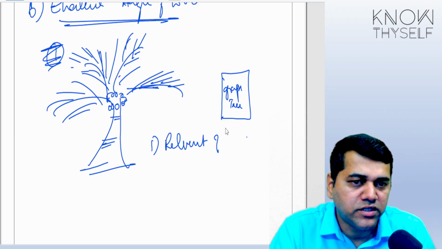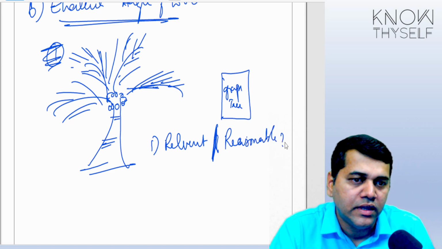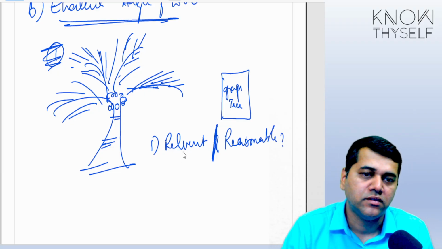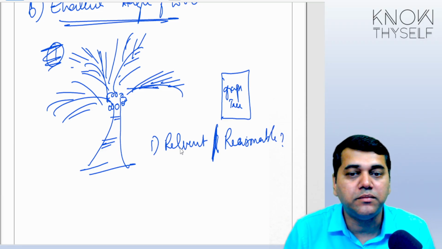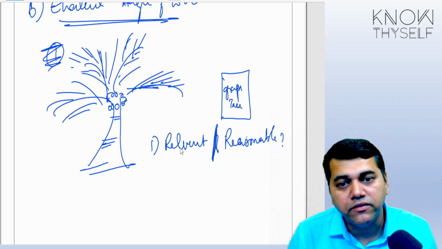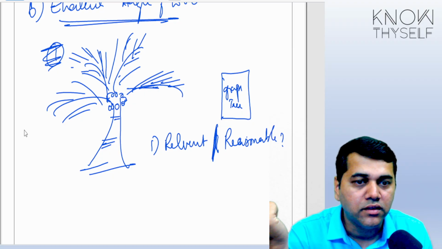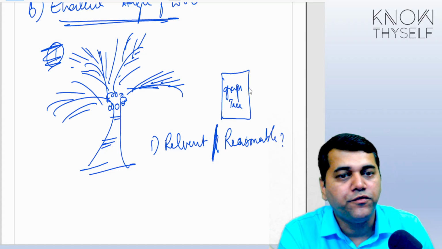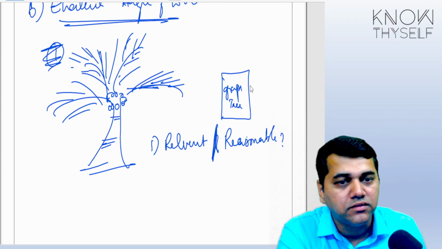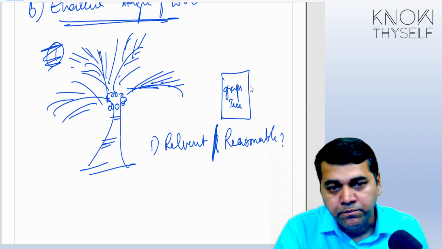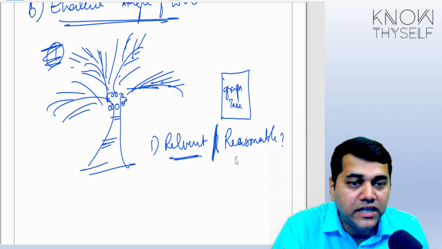Now you tell me, students, whether his findings are reasonable. First question: is his finding relevant? Is it relevant to what you are trying to prove? Second, is it reasonable? It is unreasonable. Why? Because in a coconut tree, 1 lakh coconuts will not grow. If the coconut were the size of a grape, then 1 lakh coconuts could have been there. See, this is the problem that happens if you don't work on the expert's report and take it as it is, because whatever they told, you would have accepted. So the first thing you need to evaluate is whether their findings and conclusions are relevant and reasonable.